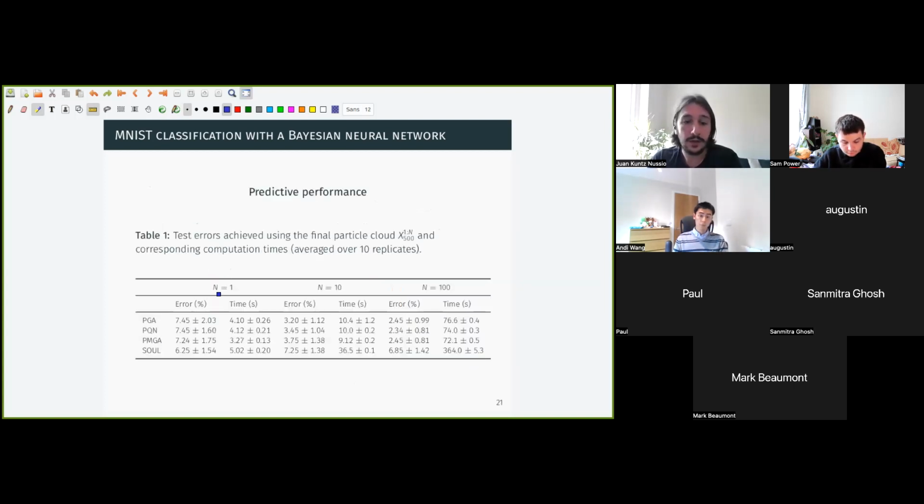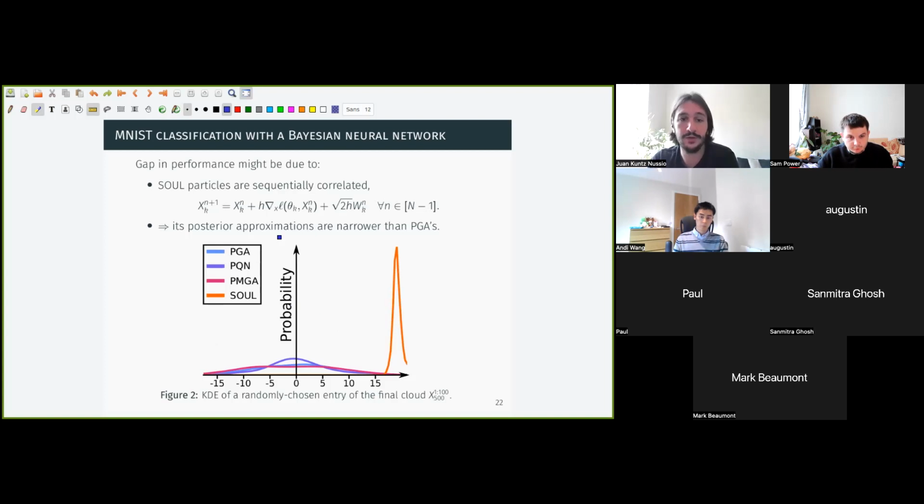And that explains the lack of noticeable difference in prediction error, because the posterior approximations don't change much. On the other hand, in our case, we're running, say, 100 chains in parallel, and they're each driven by different noise, so they're not really correlated. The only correlations come from the parameter updates, but that's kind of like a mean field sort of thing. So the correlations are pretty weak among the particles, and you get them spreading out a lot more. In particular, you don't get them all stuck on the same mode of the posterior.